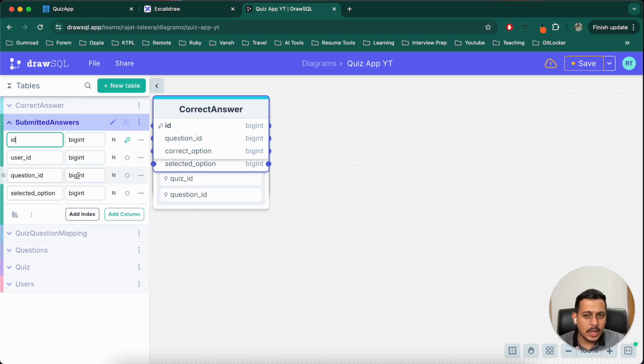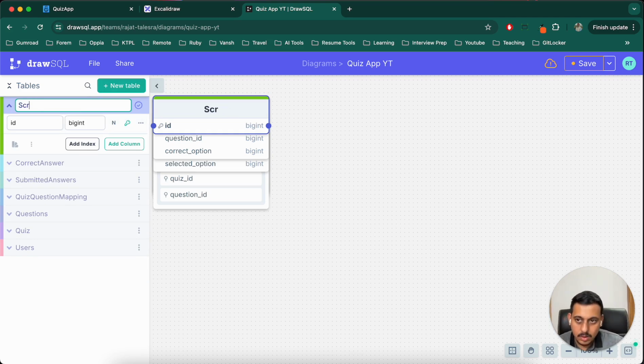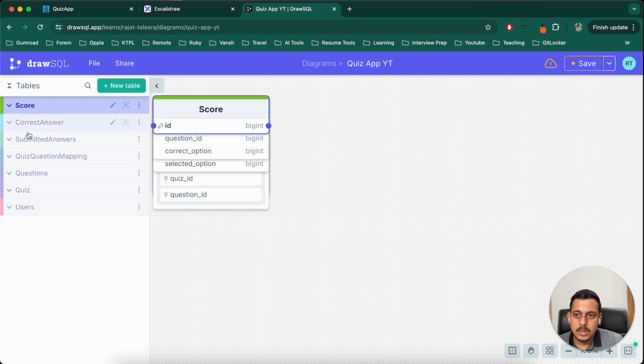But if we are calculating it once, let's save it so that we don't have to do it again and again. So when we are saving a particular quiz score, for example, I have submitted a quiz and I have gotten a score of 5 out of 10. So in that case, my user ID is important, my quiz ID is important, and my score is important. Okay. So new table, score, yes. So in score,